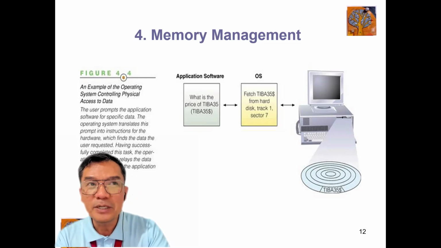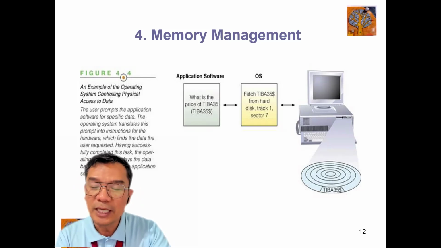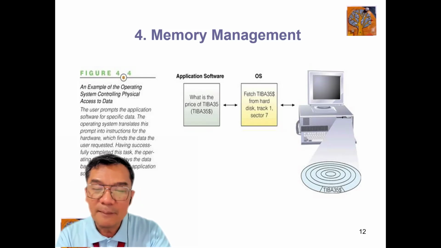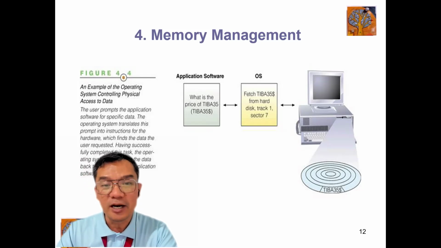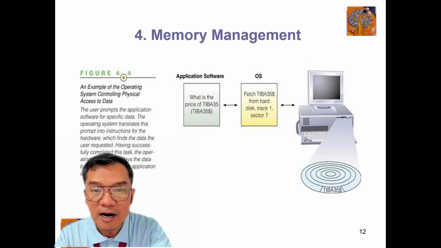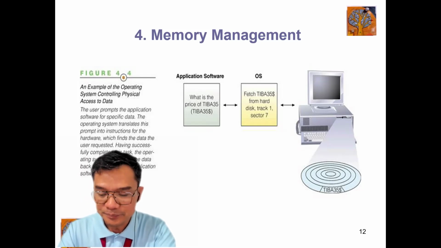So the memory management gives the responsibility to the operating system to track or to interface with the application software, to be able to identify particular applications and correctly store them in appropriate places in your hardware. Remember that the memory management happens at the hardware level in interaction with your operating system or OS, or in general the system software.